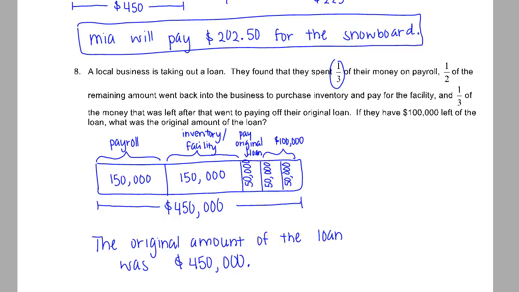I can check my work by thinking 1/3 of it, or $150,000, went to payroll. That would leave them with $300,000. Half of that, so another $150,000, went back into the business to purchase inventory and pay for the facility. So that leaves them with $150,000. 1/3 of that went to paying off the loan, which would be $50,000, leaving them with $100,000 left. So it all checks out. Okay,